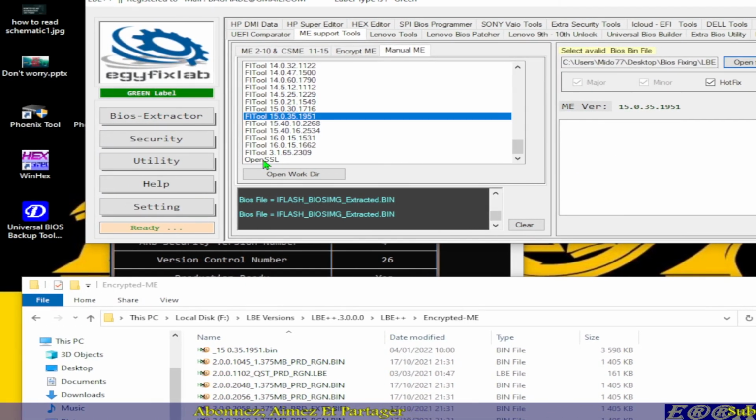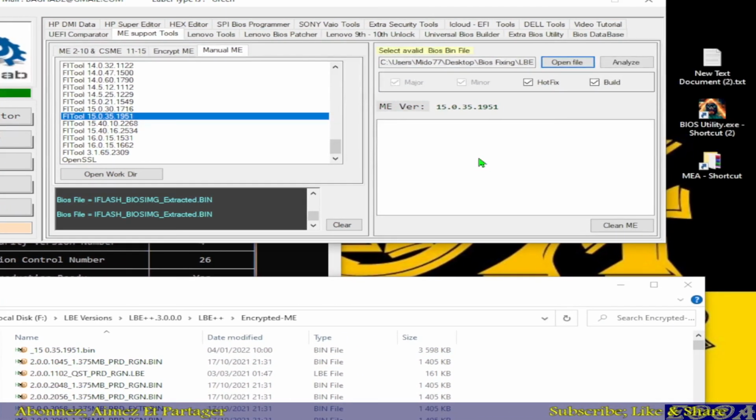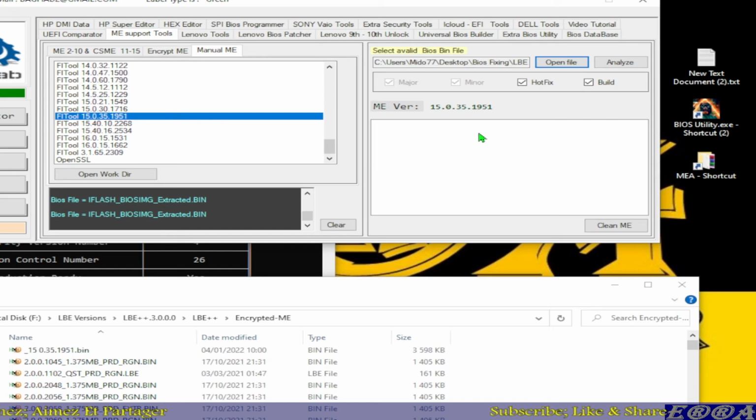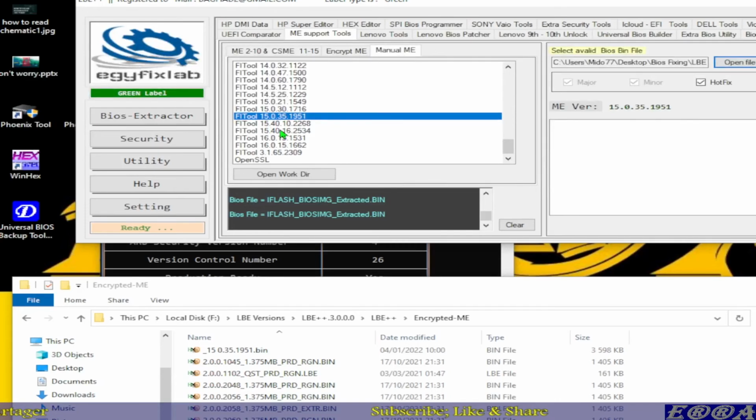So I hope I have mentioned everything concerning these issues which an LBE++ user may encounter when dealing with clear Me files. So we have seen why the Me file is not showing in some cases here. That may be related to its name, or it's not even available on your database. And for Flash Image tool, I have mentioned at least 3 instances in which it will refuse to launch from